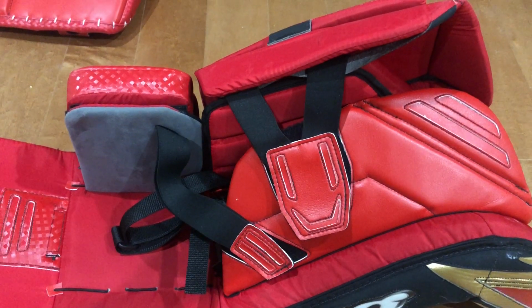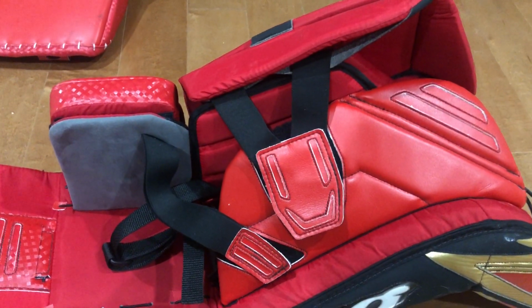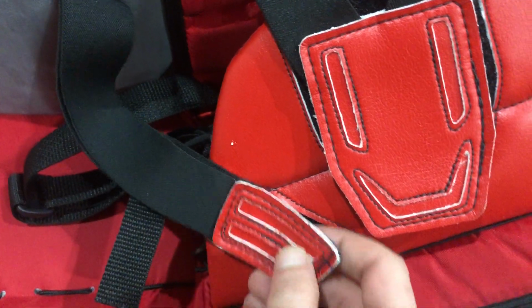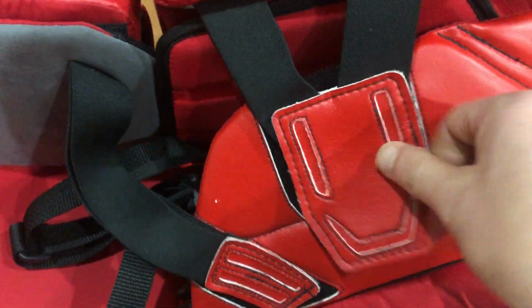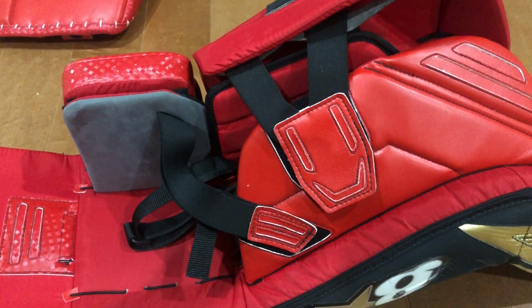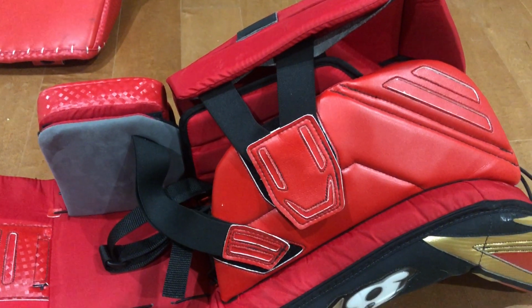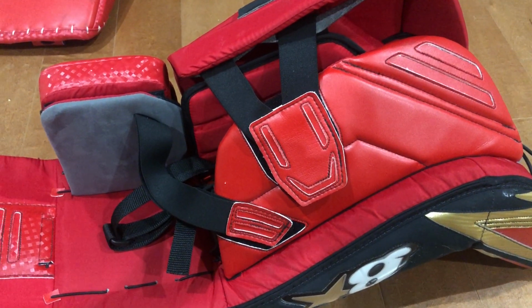So this is one of the areas on the pad that I would say I'm 50-50 on. It's definitely streamlined and way easier to put them on in the locker room. And because there's limited Velcro, it's way easier to consistently strap your pads in the same manner time over time. So it's great because I think with a lot of the pads out there, sometimes when there's too much Velcro, it makes it almost too hard to consistently strap the pads exactly the same time over time,